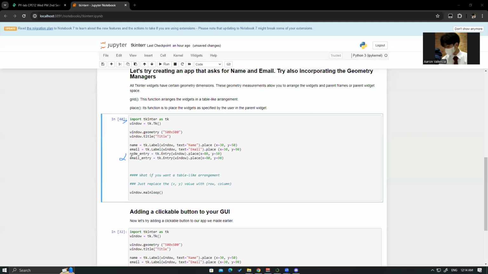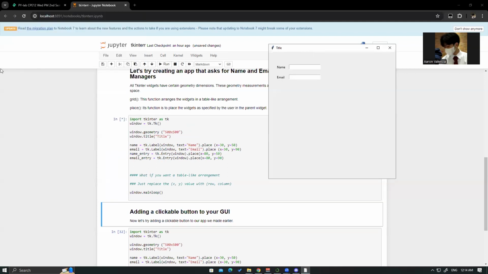Now let's discuss this last two code. So basically this two code here adds the entry method. So tk.Entry, then the name of your tkinter file. So let's try running this code.